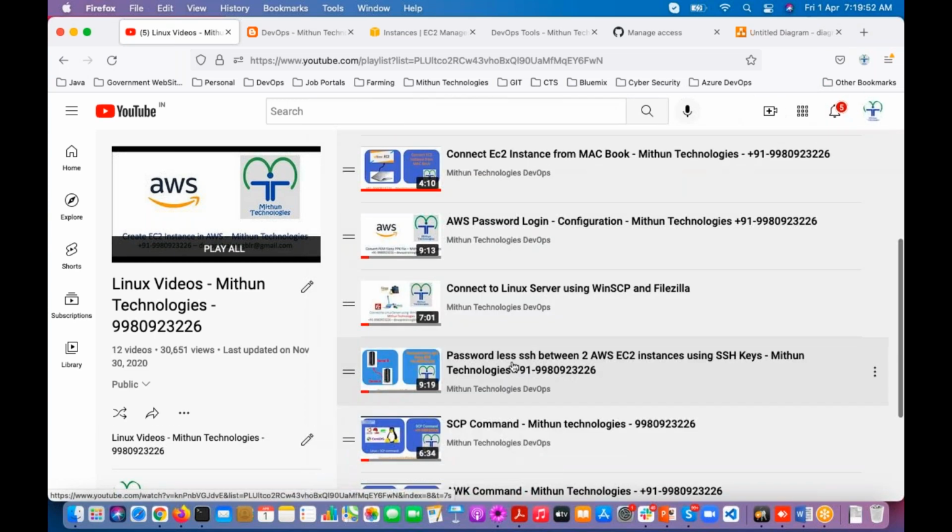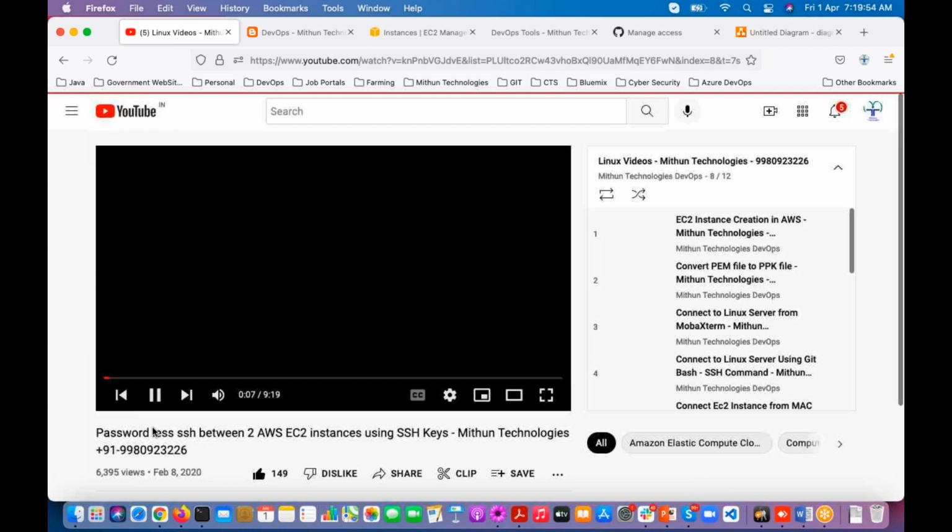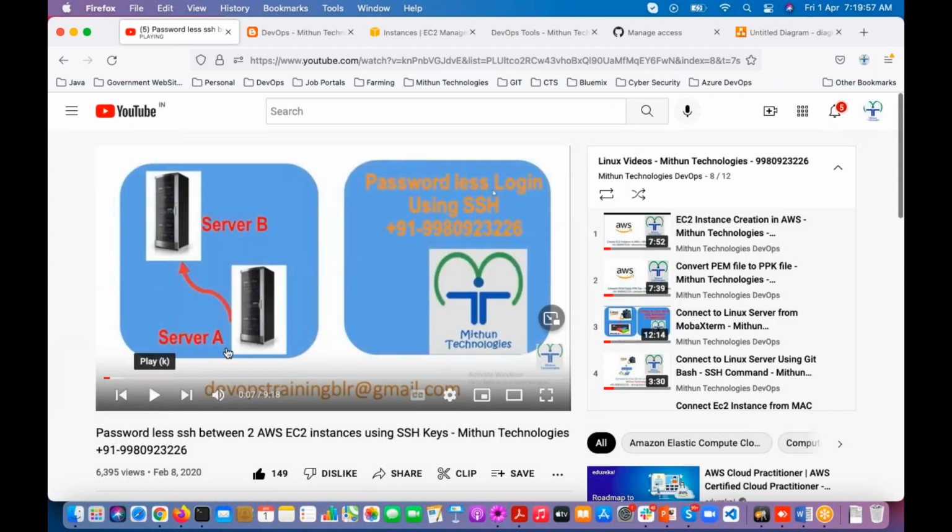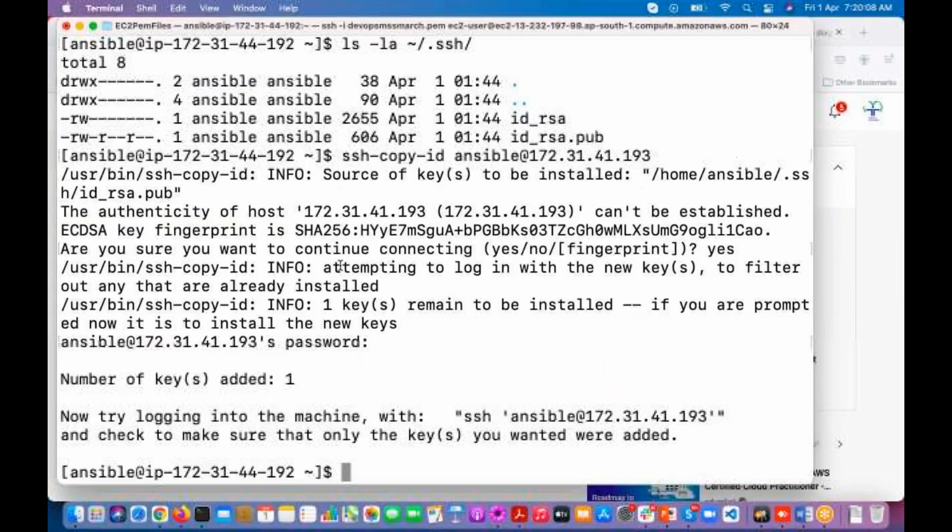Passwordless, yes, this one. In this video, I have explained already how to connect to the servers without a password: generate the SSH key, the public key here, and copy it into here. So that is what I did here.